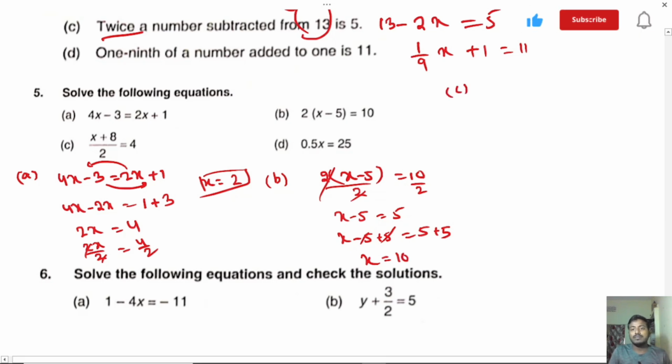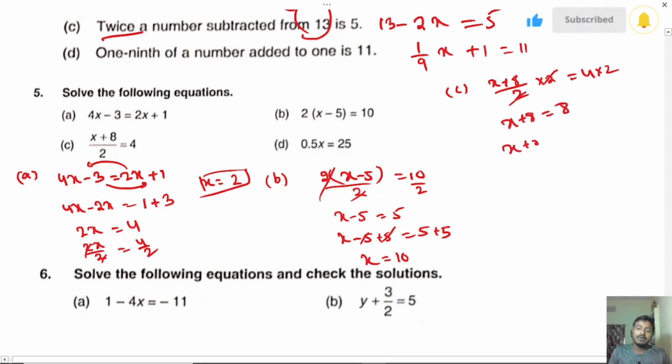So now see the number: x plus 8 by 2. When we multiply by 2, then it will be cancelled, yes or no? Equal to 4 into 2, x plus 8 equal to 8. So now 8 will be minus, then it will cancel, x will be 0. Clear? Next,